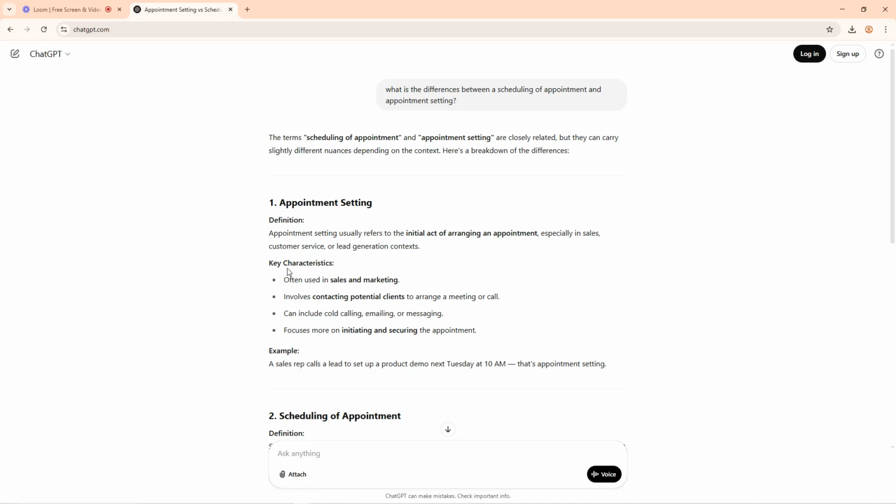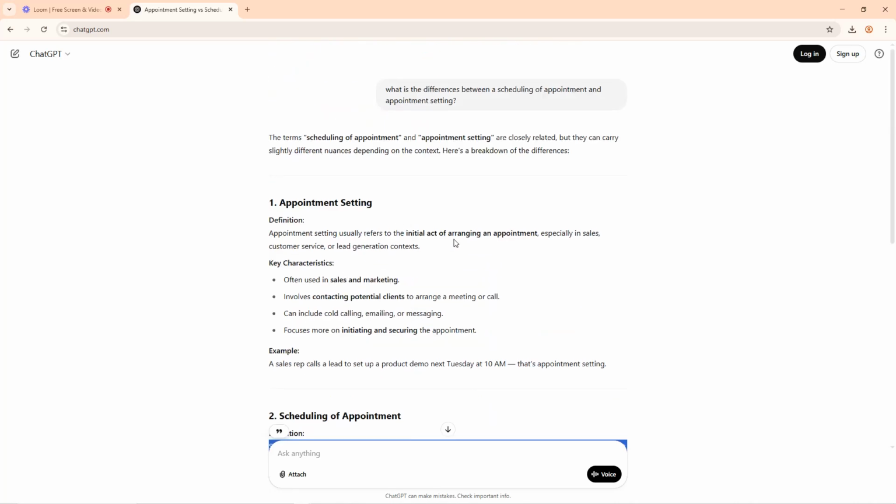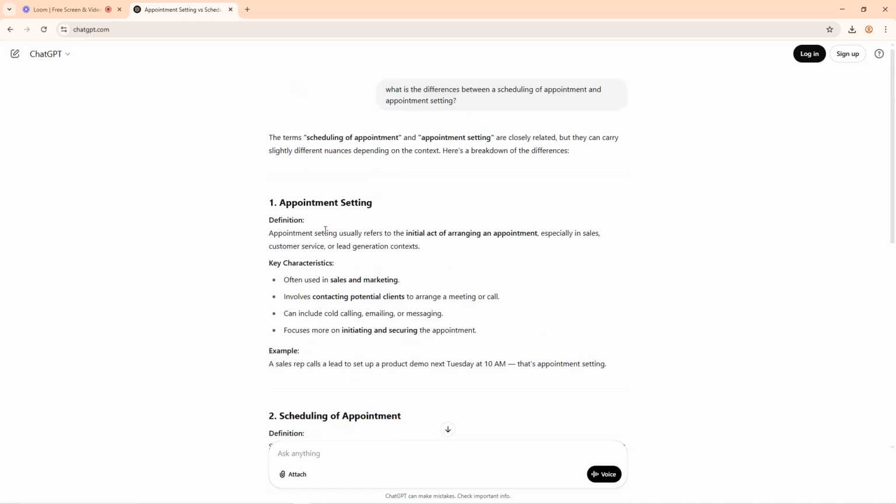Then we have the word scheduling of appointment. This one refers to the logistical process of adding an appointment to a calendar or a system. Whereas setting means arranging an appointment, especially in sales and customer service or lead generation context. Scheduling involves logistically adding the appointment that you've gotten into calendars or systems. For instance, when I assist you to arrange appointments,